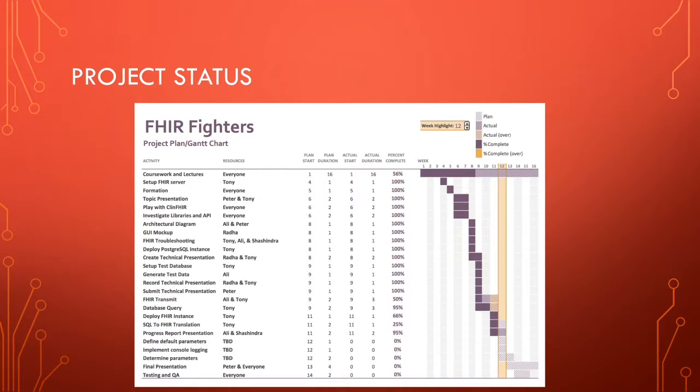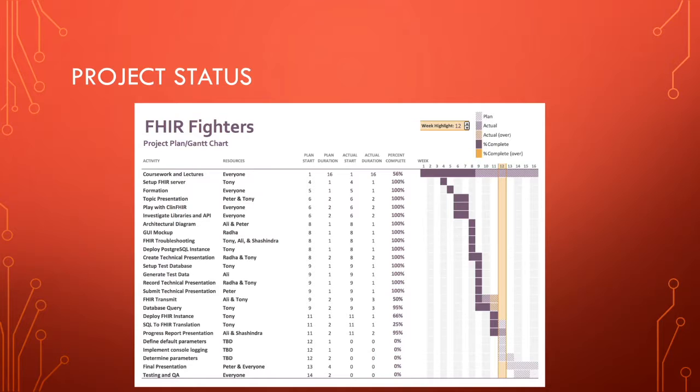Here is a Gantt chart that summarizes the project status, the progress we have made so far in this project, and the parts we are currently working on. Currently, we have a partially functioning application, and we are right on target for the project. We have stood up a local instance of a Smart on FHIR server that is being used for appending death data.